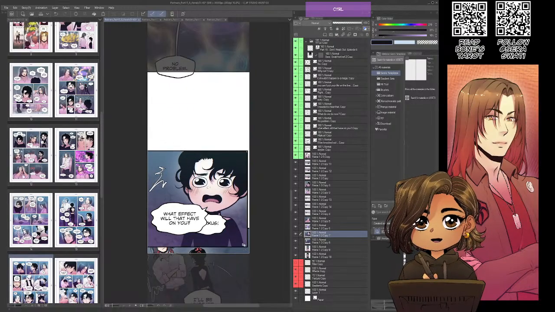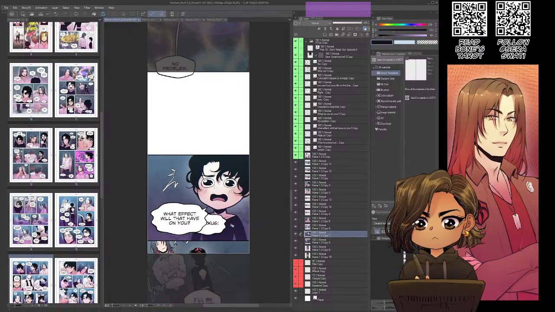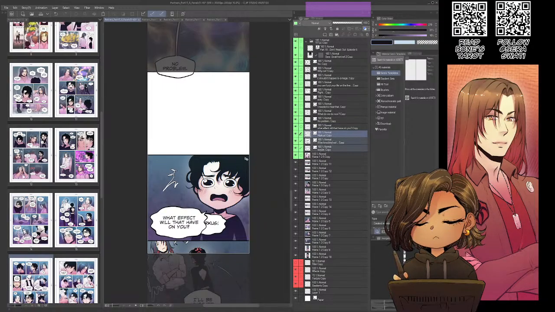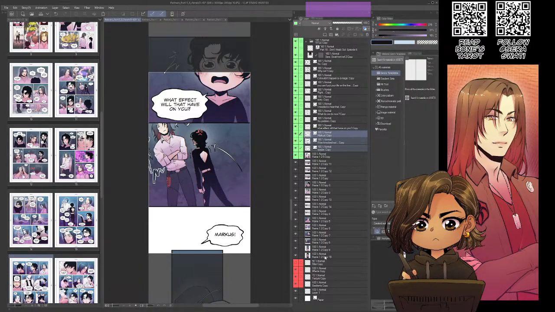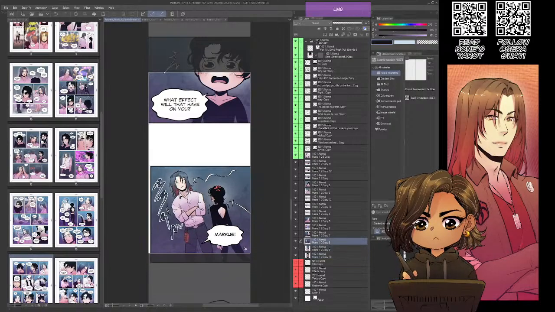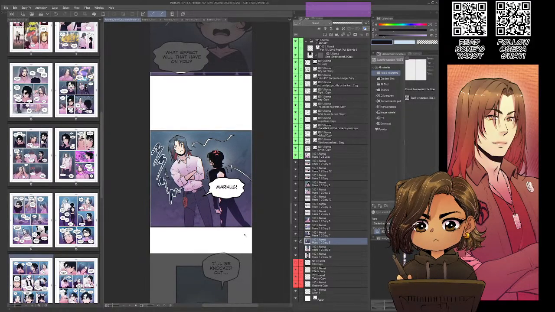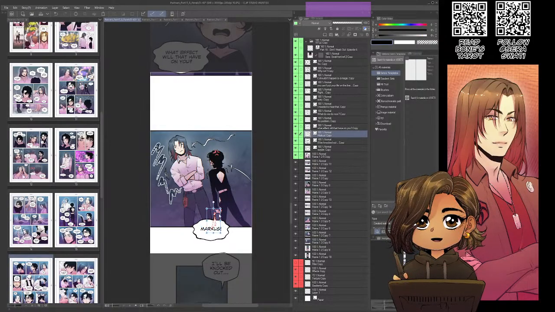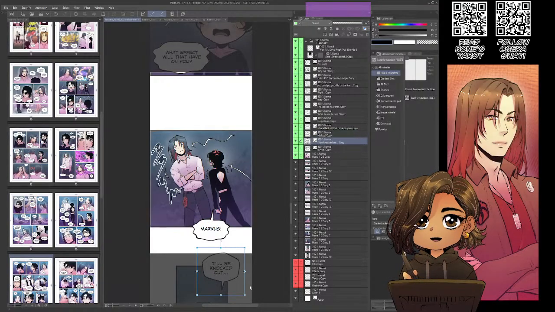We need little Chippy Davis. Baby. I feel like in this panel, Davis is understanding what Felix has to deal with at all times.